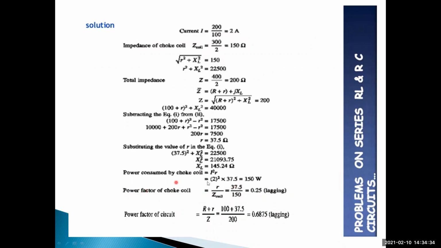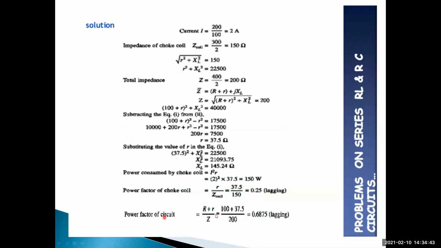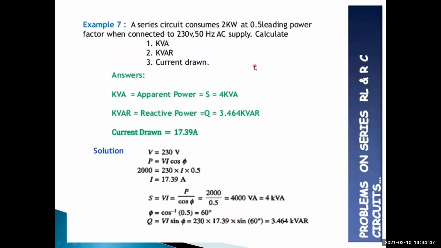So the solutions regarding this problem: power consumed by the choke coil is 150 watts, the power factor of the choke coil is 0.25 lagging, and the power factor of the circuit is 0.6875 lagging. It's clear. And next,